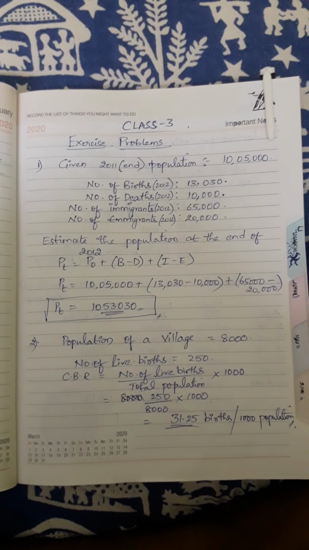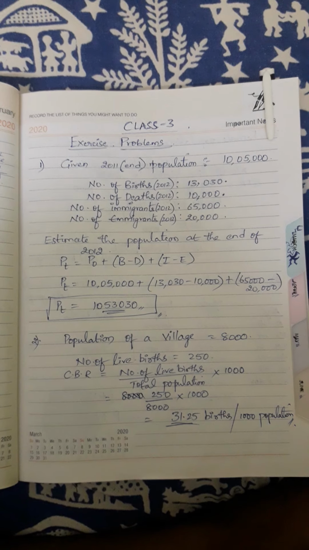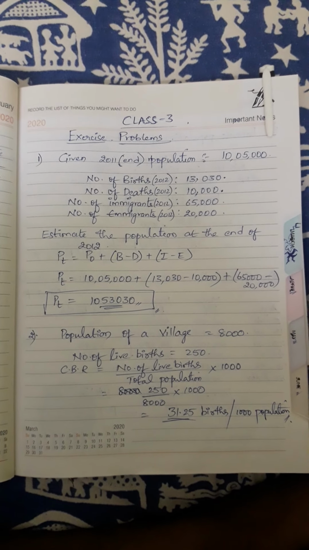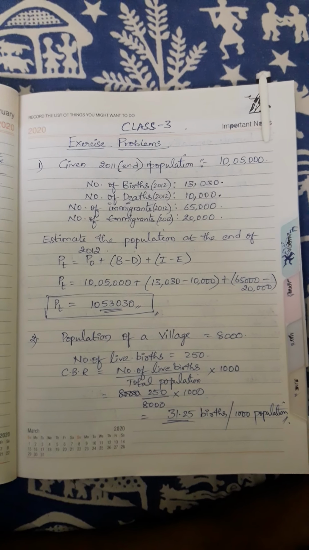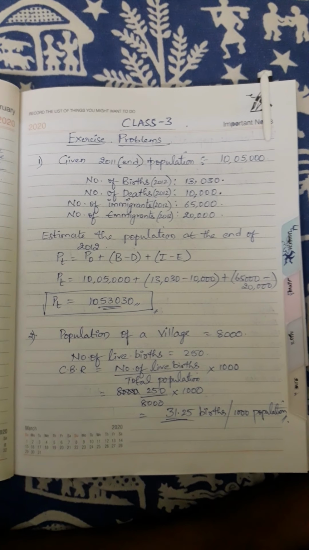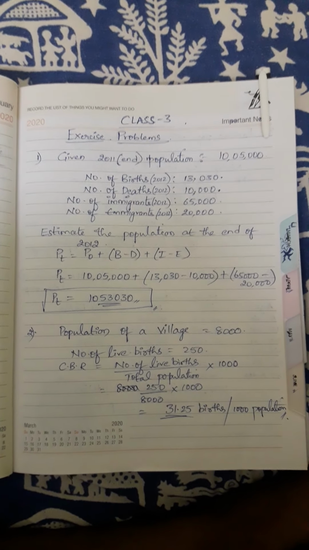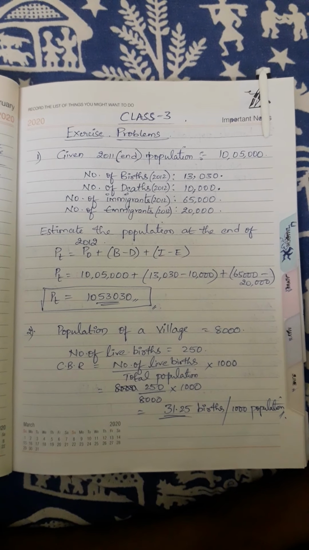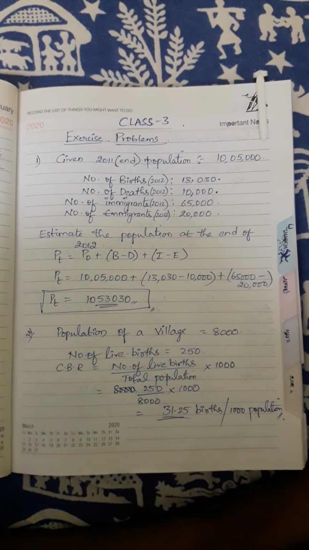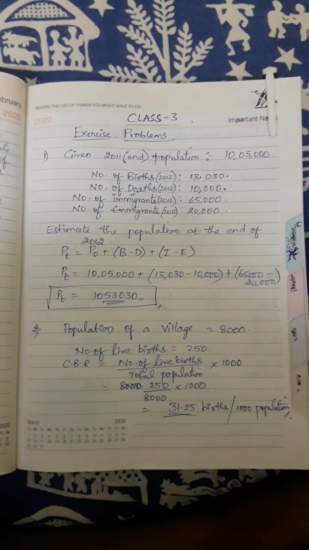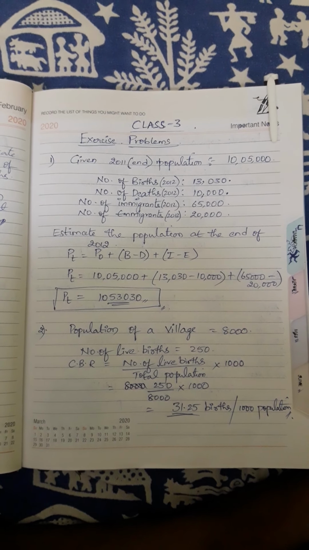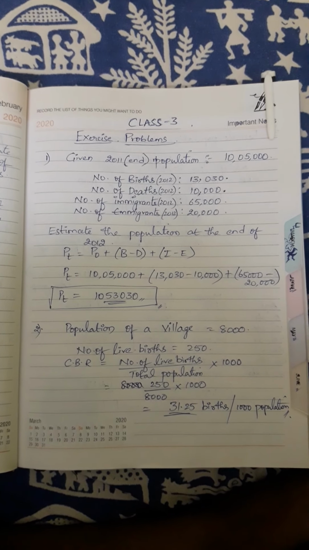See, in the previous class, I have given you the entire formula list of fertility rates, isn't it? Now, using those formulas as well as the measurement of population formula that I have also given. If you remember, Pt equals P naught plus births minus deaths plus immigrants minus emigrants, right? Initially, in the first video, I explained that measurement of population formula.